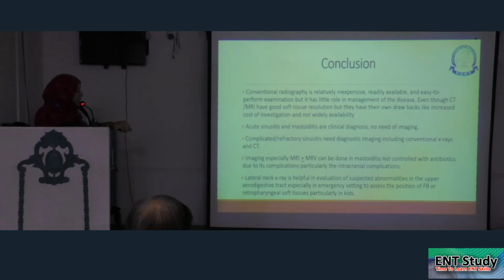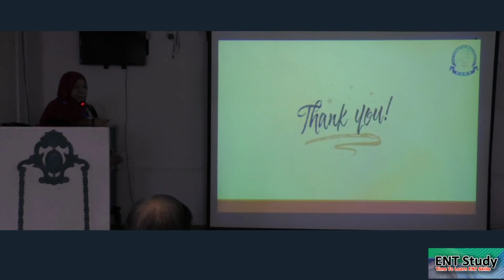Imaging, especially MRI with or without MRV, can be done in mastoiditis that is not controlled with antibiotics due to its complications, particularly the intracranial complications, which are very frequent. The lateral neck X-ray is helpful in evaluation of suspected abnormalities in the upper aerodigestive tract, especially in the emergency setting, to assess the position of a foreign body or to assess the retropharyngeal soft tissues, particularly in kids. So this is all about